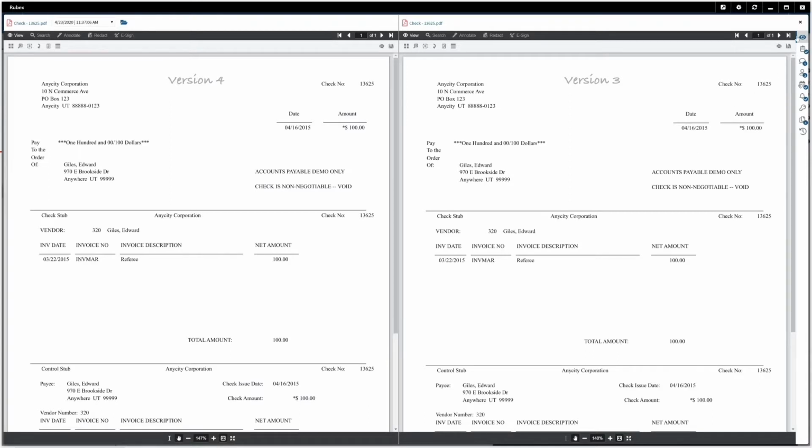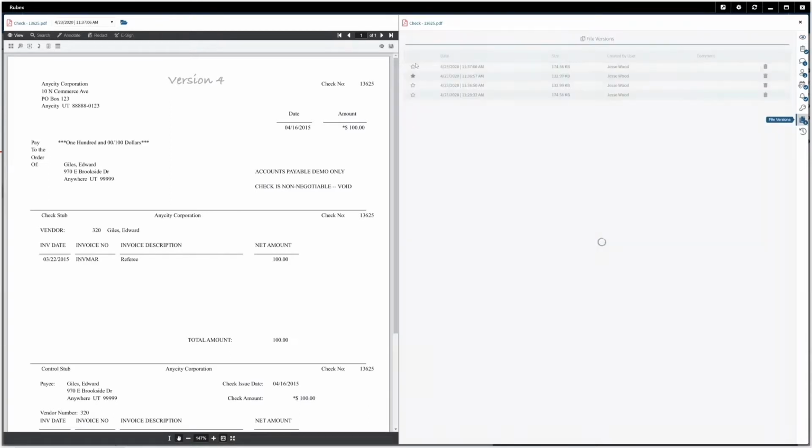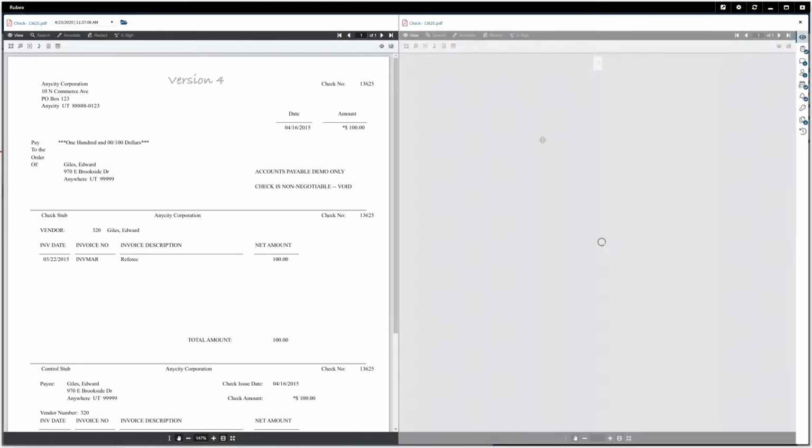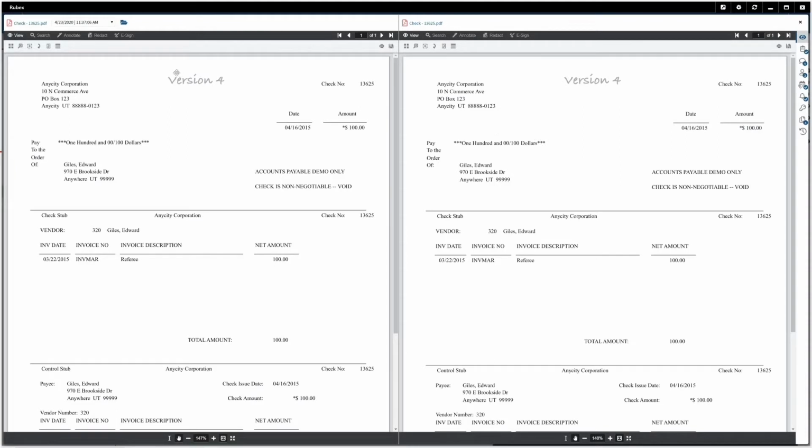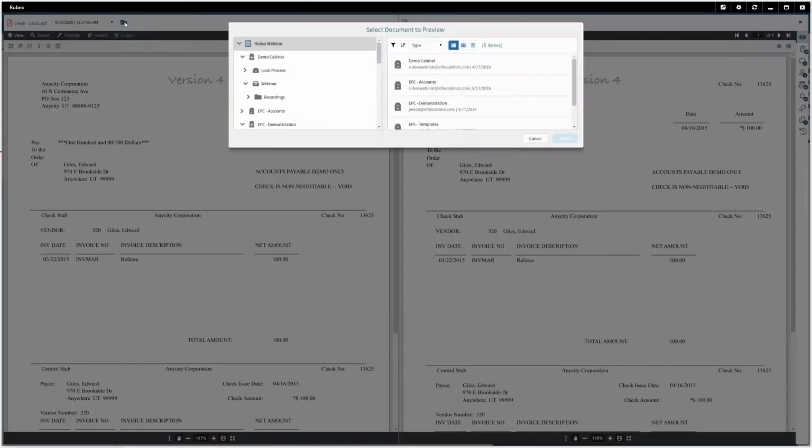Now I'm going to also, let's change this back to version 4. So we've got version 4 on both sides. And I'm going to take the left-hand panel and demonstrate how we can actually open an entirely different document. So let's go here and choose from our demonstration and check processing account. Let's go to the Xerox Corporation and choose check